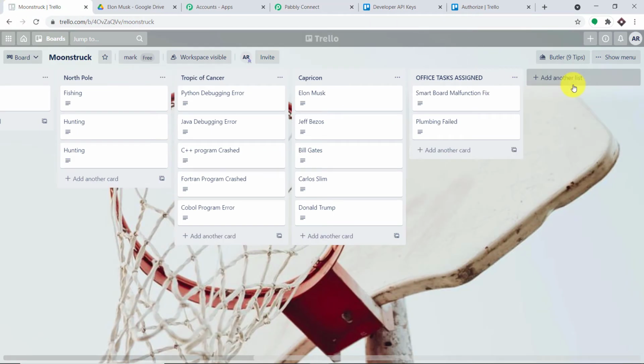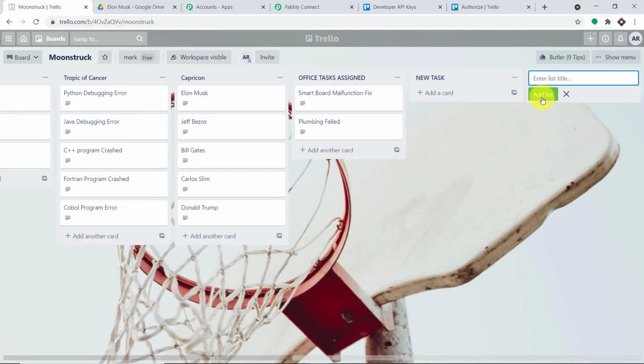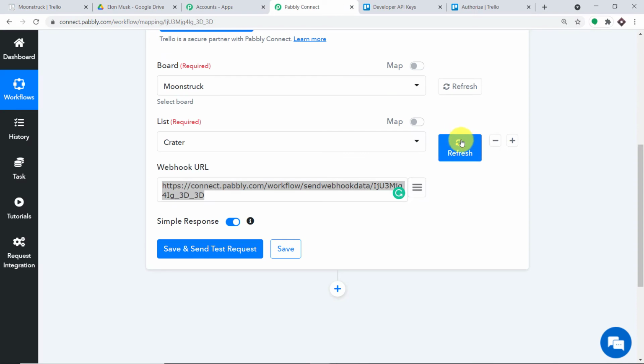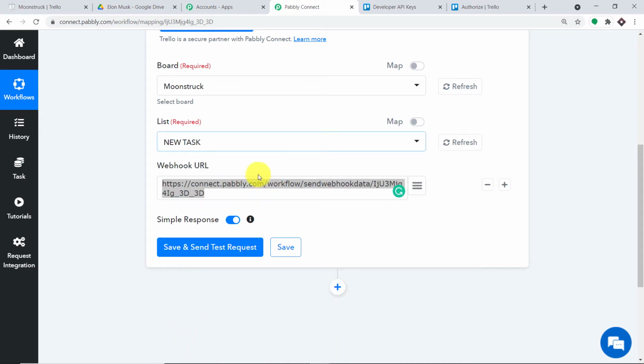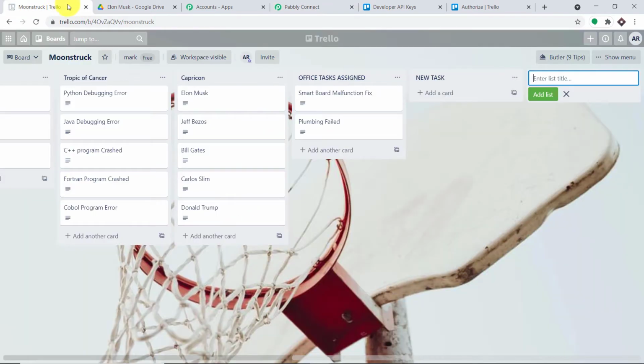Okay, so what I'm going to do here is I'm just going to add one more list. So the name of the list is new task, just a random name, new task, and let me just click on add list. Okay, so a list called as new task has been added. So let me just click on refresh. So we can expect to find a newly created list. Yes, we do have the list called as new task. Okay, so basically the gist is whenever a new card is created in this particular list, the data will be